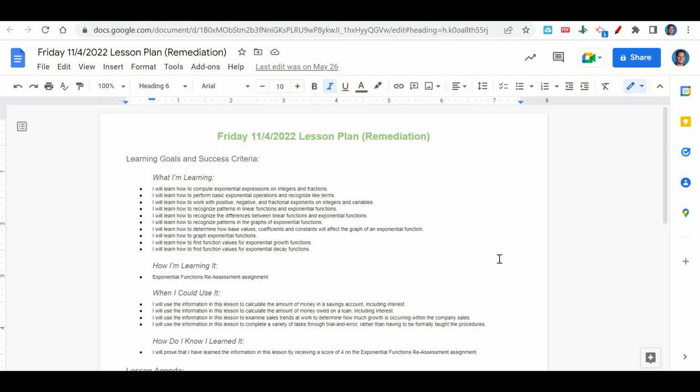We're learning how to compute exponential expressions on integers and fractions, how to perform basic exponential operations and recognize like terms, how to work with positive, negative, and fractional exponents on integers and variables, how to recognize patterns in linear functions and exponential functions, how to recognize the differences between linear functions and exponential functions, how to recognize patterns in the graphs of exponential functions,